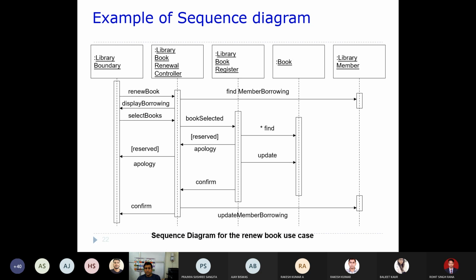Okay. So any doubts so far regarding the sequence diagram, students? No, sir. So no one has any other doubt. Sir,